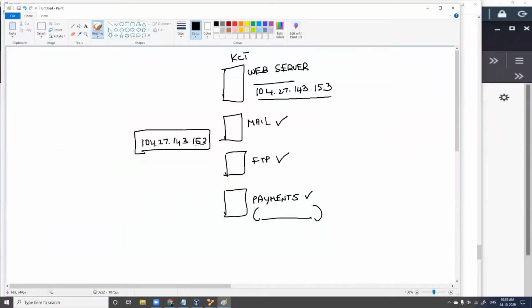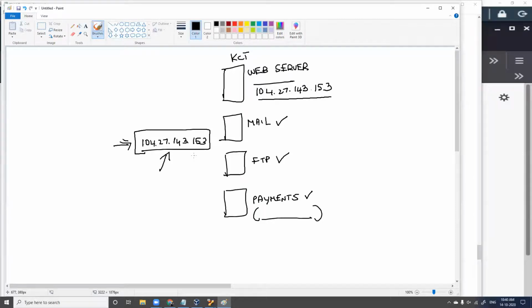Why? Because if you compromise one IP address, probably you'll be able to compromise all the others. So colleges can use this kind of architecture because they don't spend money on security. They'll purchase one IP address and host all their servers on this IP address, which as per security is very weak.